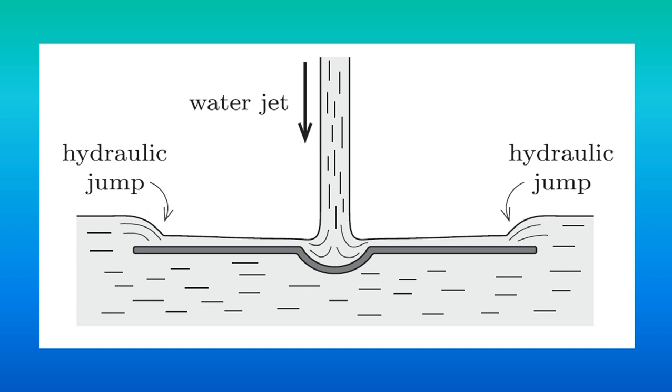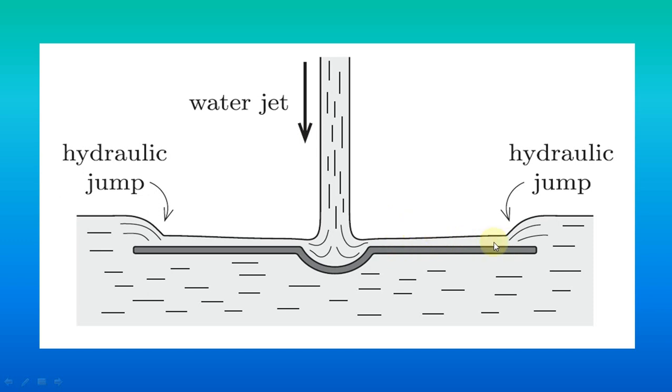Here you can see that the question is asking about a very high flow of water, or you can say a water jet, falling on the central region of a submerged disk. In this central region, there is a very thin layer of water over the disk. This layer is a very thin layer which is flowing outwards.